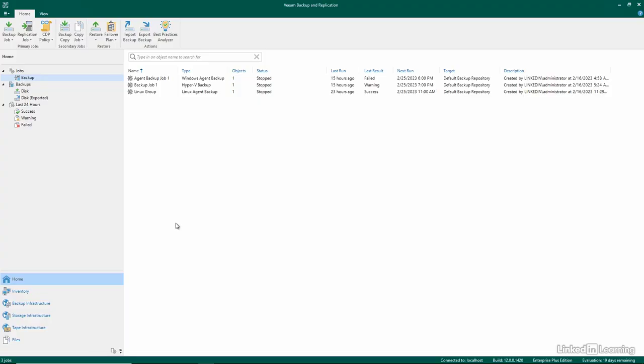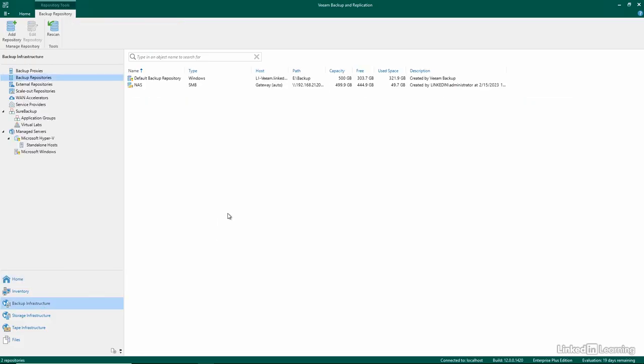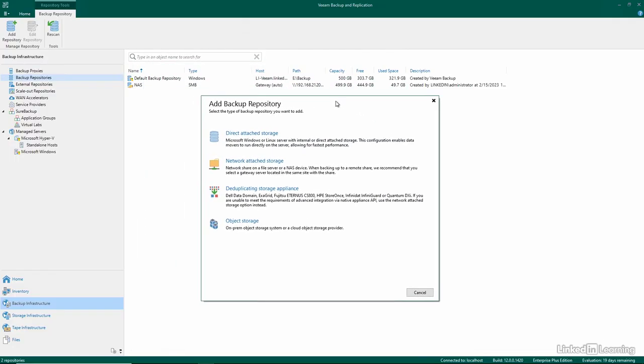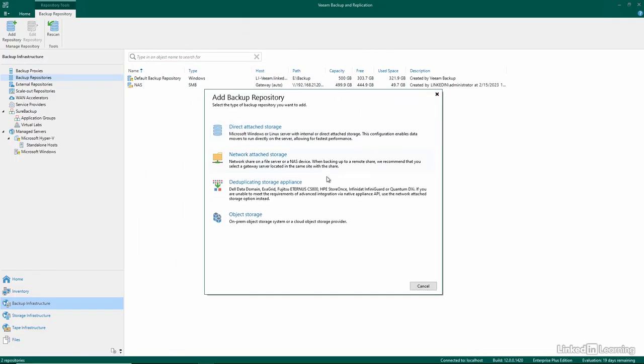I'm in the Veeam home area, but where I need to be is going to be the backup infrastructure area. Now you see this backup repository. I'm going to choose to add a new repository. You can see I've already got two different repositories, one for local storage and one for NAS storage. Now I'm going to add a new type of storage called object storage that you see at the bottom, and